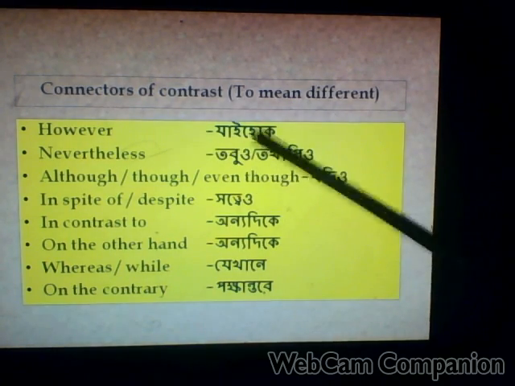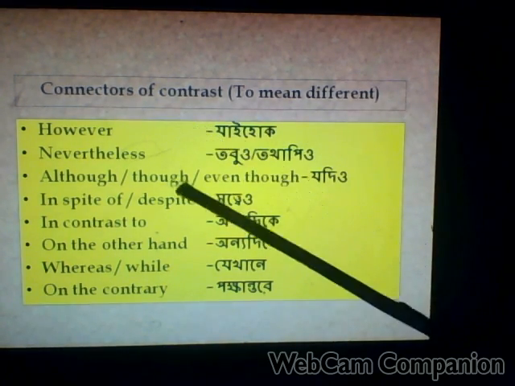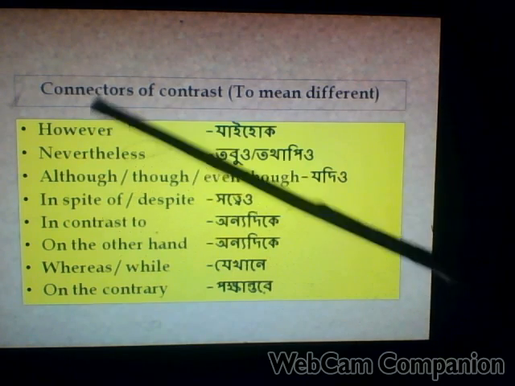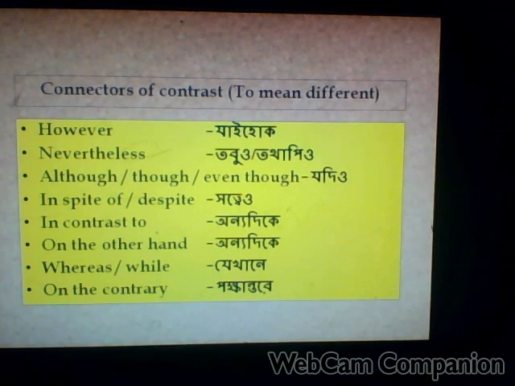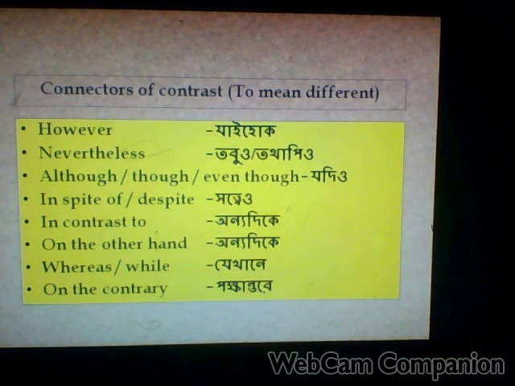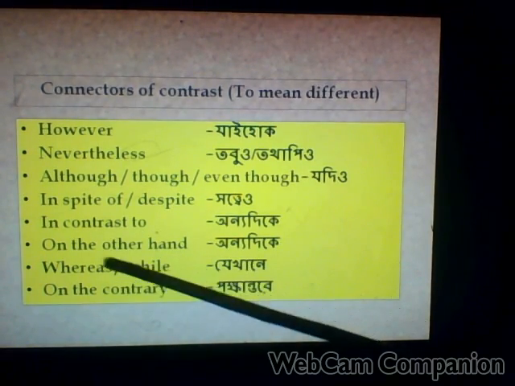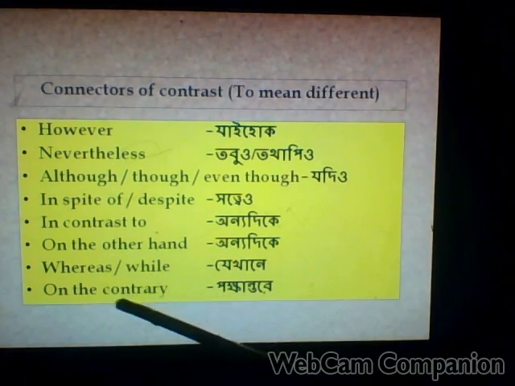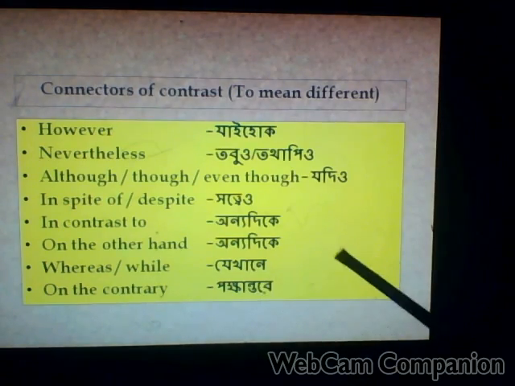Connectors of contrast mean different. ভিন্নতা বা বৈপরীত্য দেখাতে these connectors are used. However বা যাই হোক, nevertheless তা সত্ত্বেও, though, although, even though যদিও, in spite of or despite তা সত্ত্বেও, in contrast অন্যদিকে, on the other hand অন্যদিকে, whereas, while যেখানে, on the contrary পক্ষান্তরে